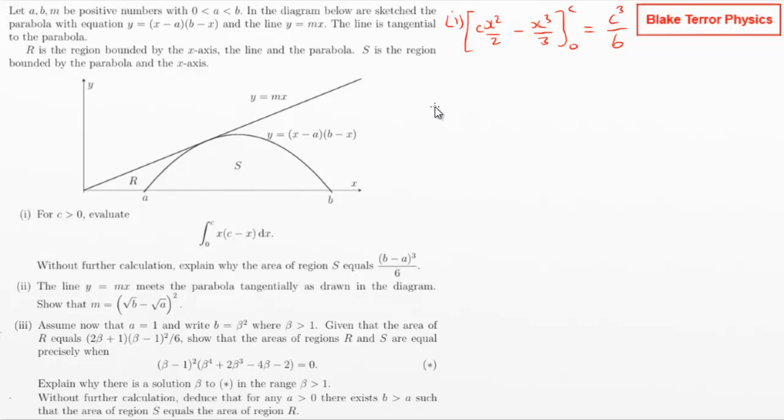They just translated this parabola along to a and b as the limits rather than 0 and c. So to explain why: if we translate the parabola in the x direction, then this will not change the area,